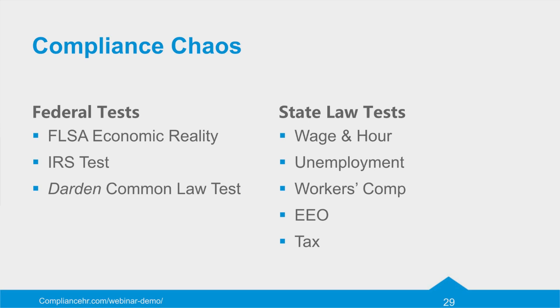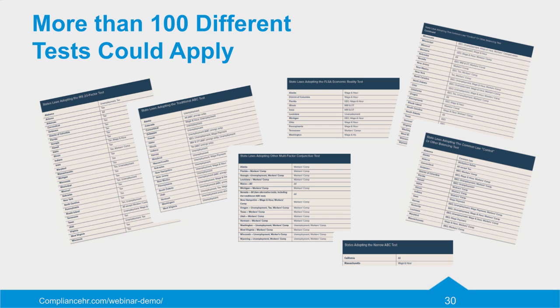And then, of course, you have the state laws, and all the state laws that apply. Under state law, states can have different tests under different laws. So the independent contractor test under the wage and hour law, just like under the federal law, can be different from the state tax law or the state unemployment law or workers' comp law. So I have actually done the job. I've counted them up, and there are more than 100 different federal and state statutes with tests for independent contractor